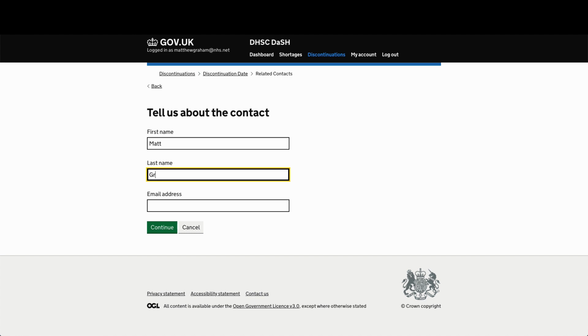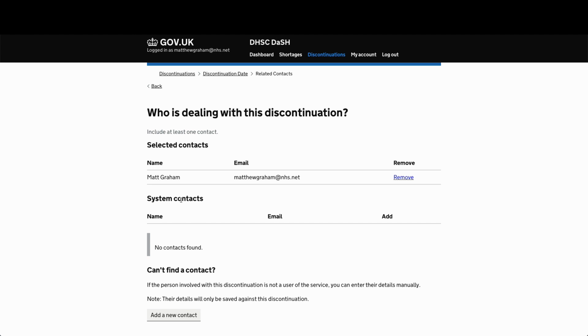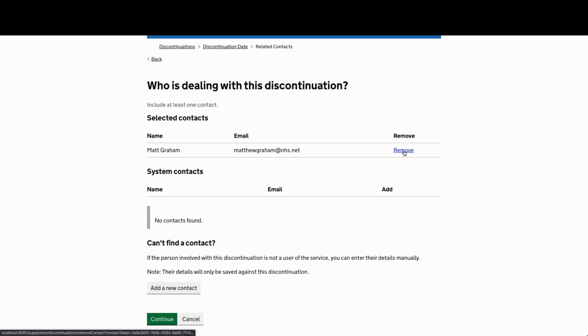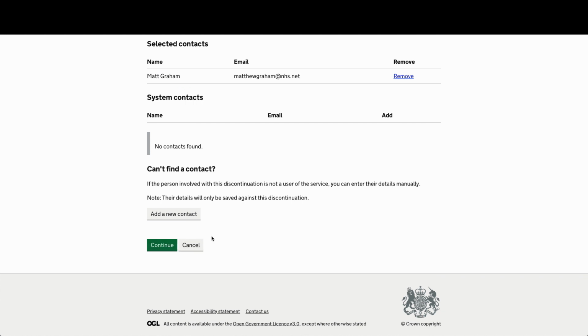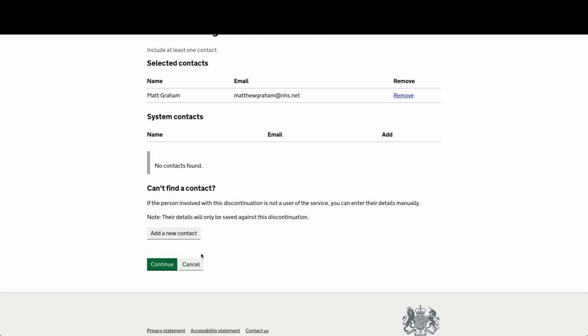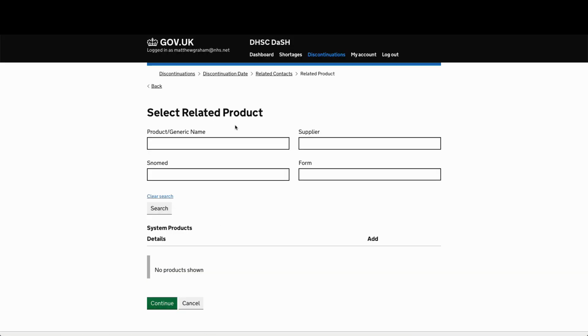If it's somebody who isn't on the Discontinuations and Shortages portal or who works elsewhere, something to that effect, you can also add in a contact manually just for this discontinuation, and there they are. And you can click remove to remove them if you need to. You must add at least one, but you can add multiple if you want. Continuing on,